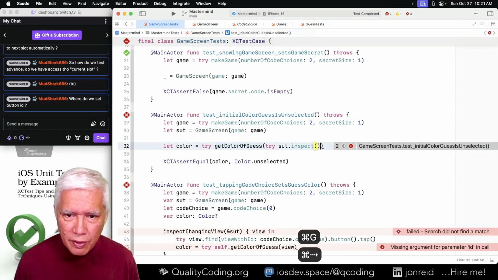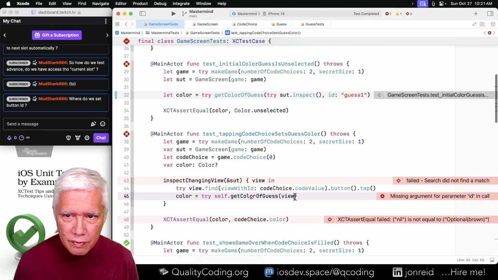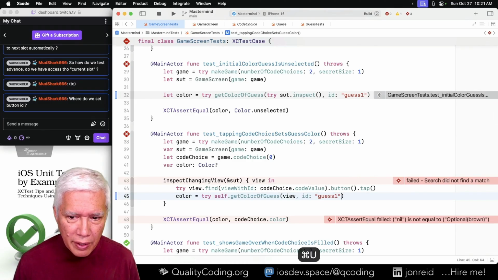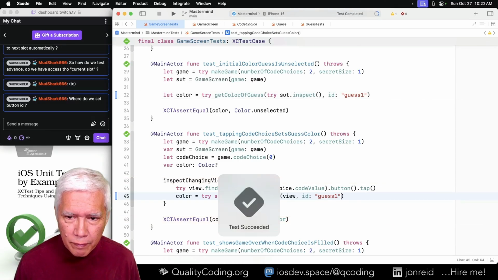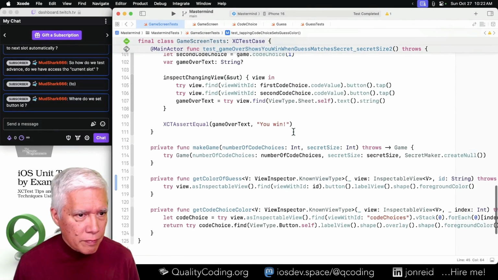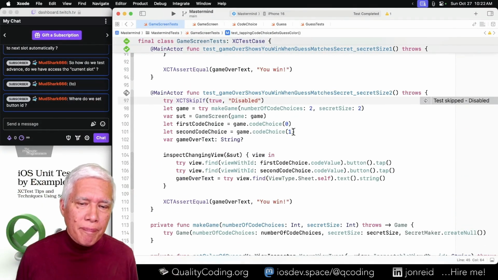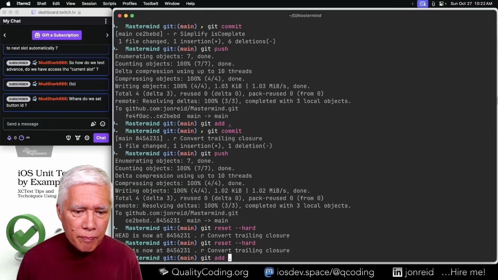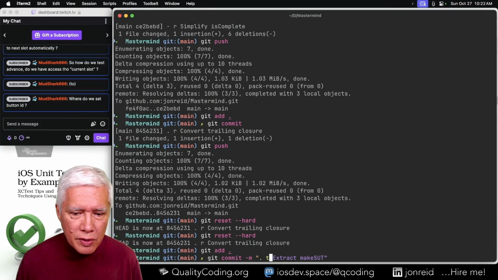And fix up these. So now this should be back in green with the hard-coded guess one gone. We moved it up. This is a test refactoring of move guess ID up to tests.